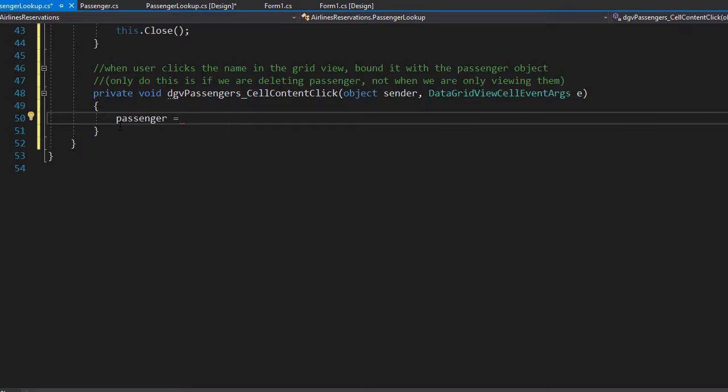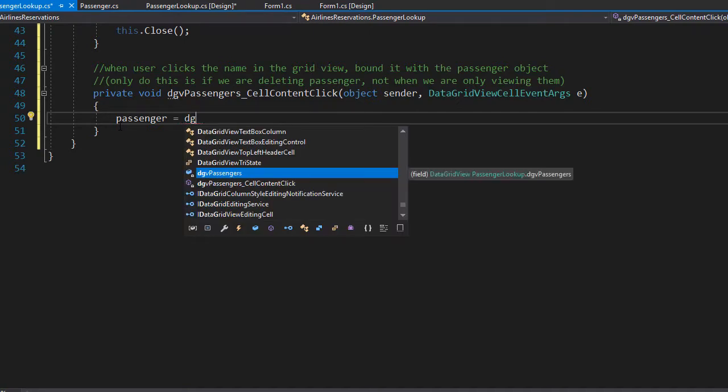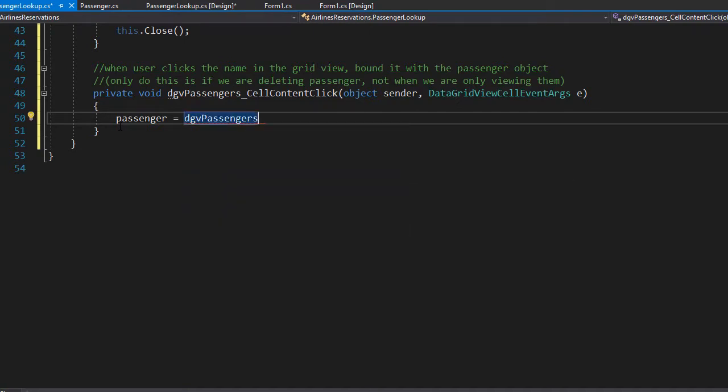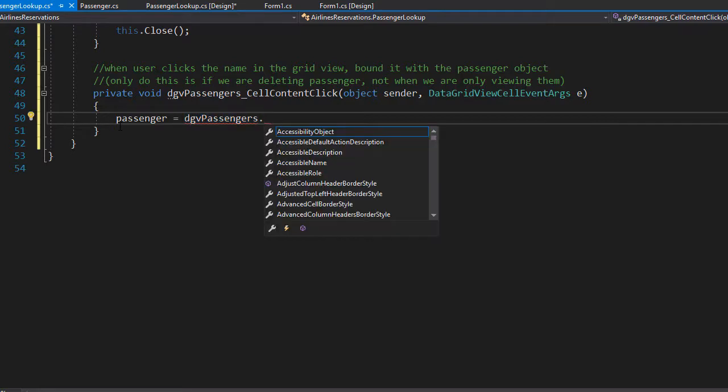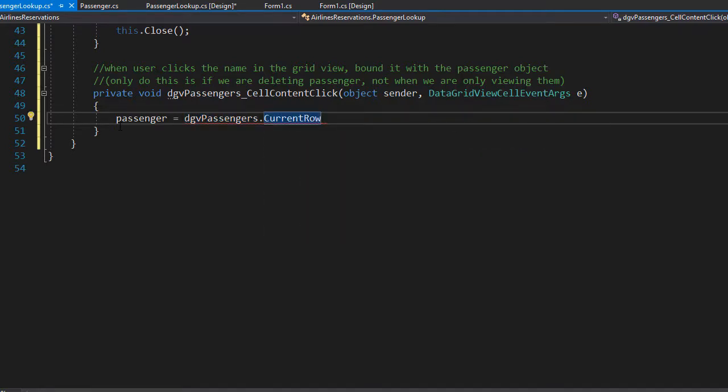So we take the current row from the DataGridView and data bound it. So it will come from the DataGridView called dgvPassengers, that's how I named it. And now we can use the current row property, which gives us the row that was clicked. So dot CurrentRow, and DataBoundItem property, which will assign the properties to the new passenger object. So dot